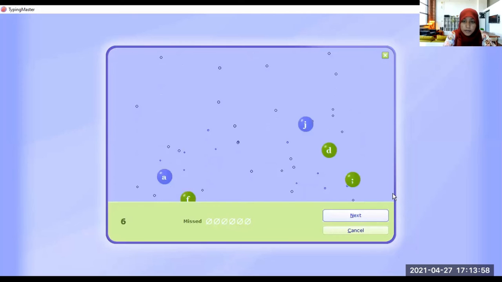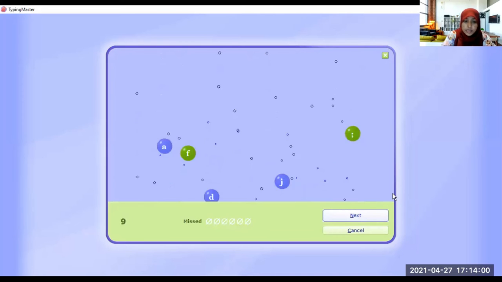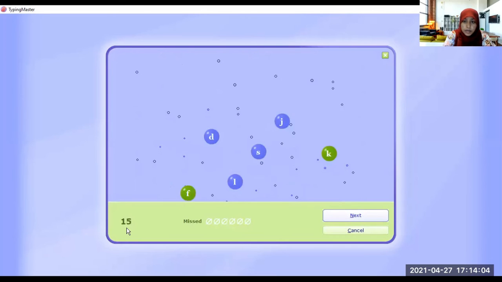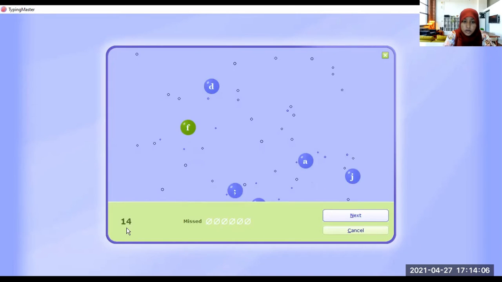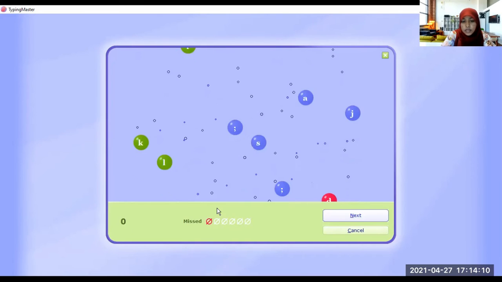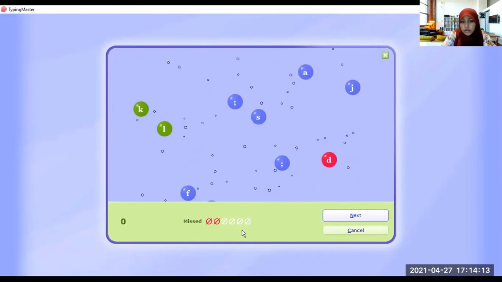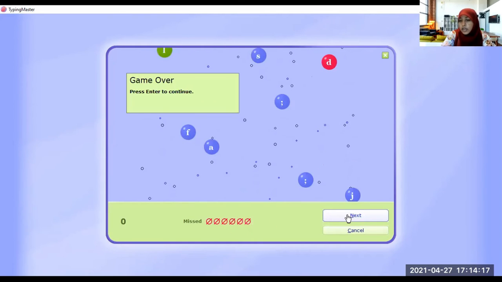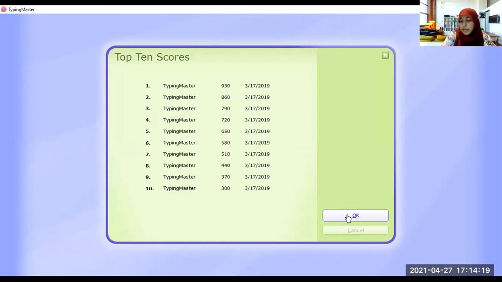So when you type it wrongly, see what happens here, the marks will be decreased. For an example, I am typing a letter which is not available, see, and if the bubbles go here, the Mr. Bubbles will be noted here. Okay, so this is how you play the games.